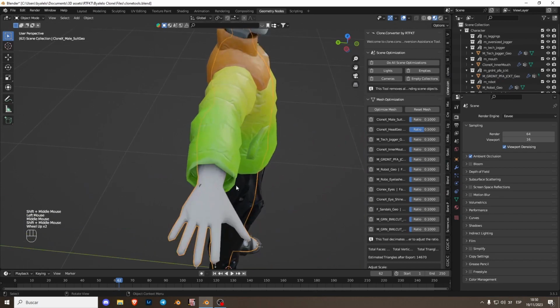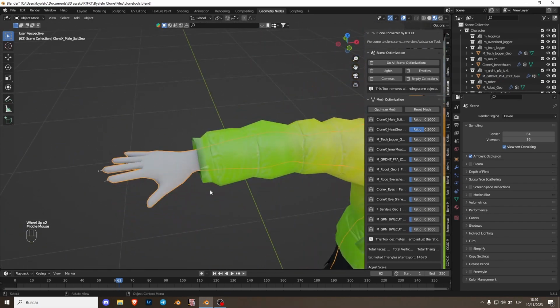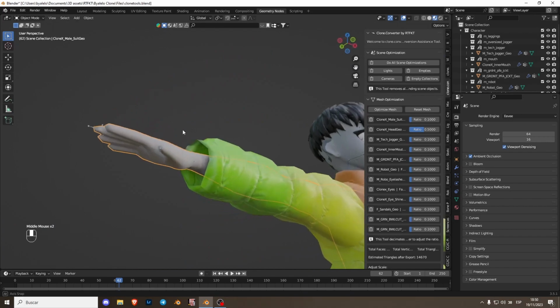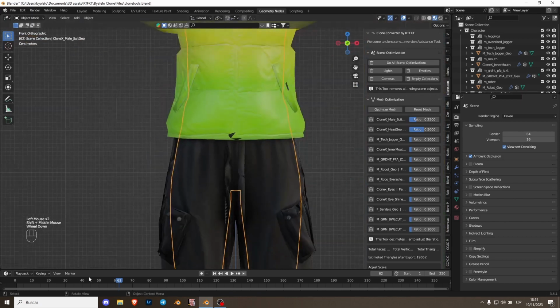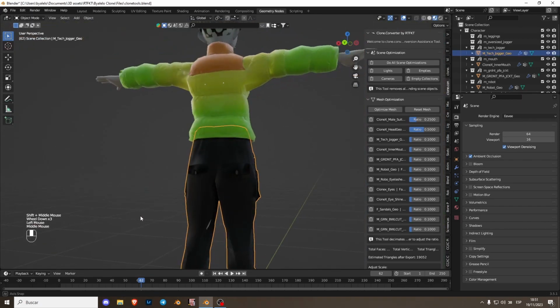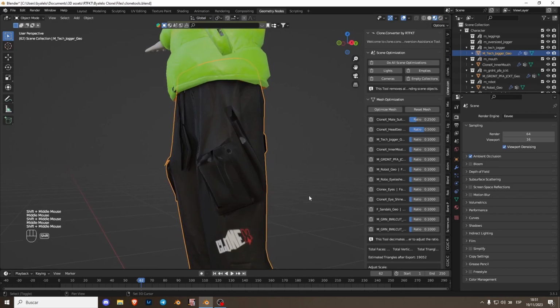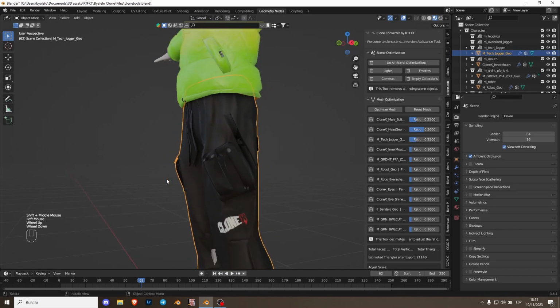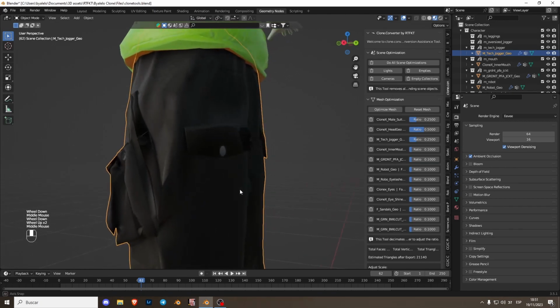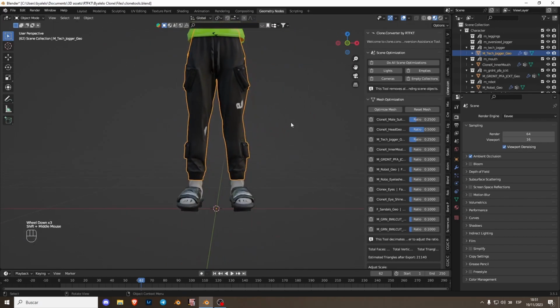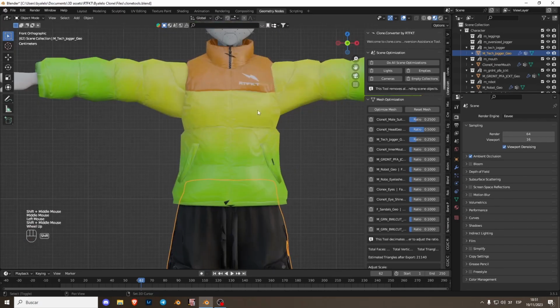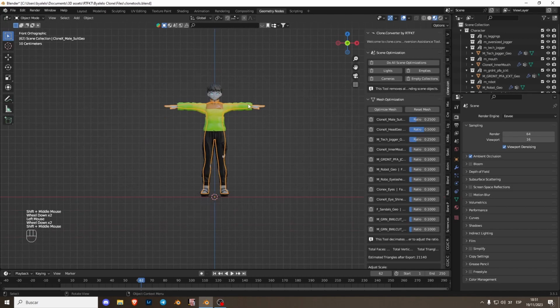On the suit, I usually like to put a little bit more, but where is this? Male suit, I'm going to put 0.25. On the trousers, I usually put a little bit more, 0.25 too. Yeah, so we can see it a little bit more detailed. Yeah, perfect. So now that we have this, the last step is to select just the body,